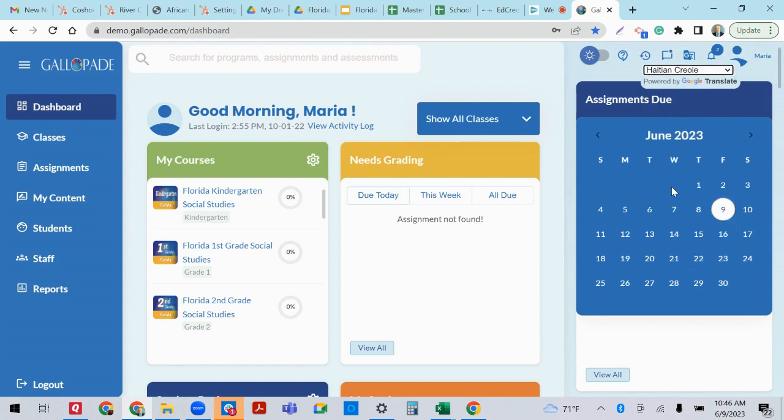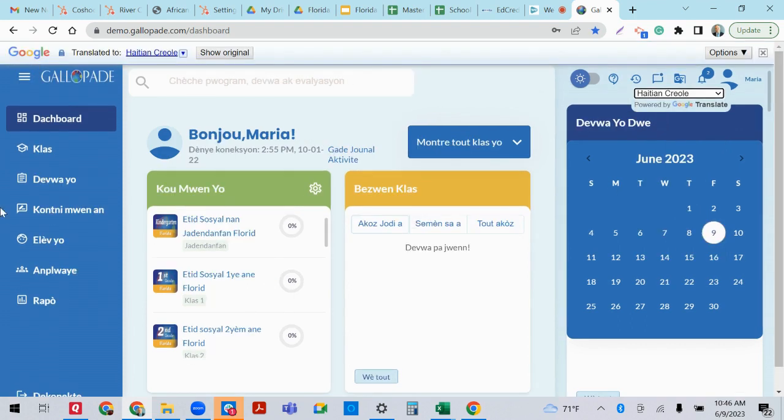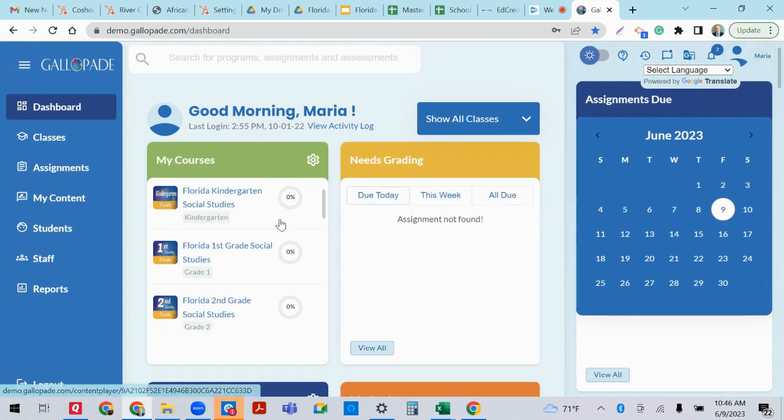When you go in and you change it, it changes the dashboard. It changes all of the language, all of the search capability. Everything is translated here into Haitian Creole or whatever language you select. It also translates the materials themselves into these languages. So it really has a great translation capability to be able to reach every student. I'm going to exit out of that for the moment, and we're going to look at one last piece,